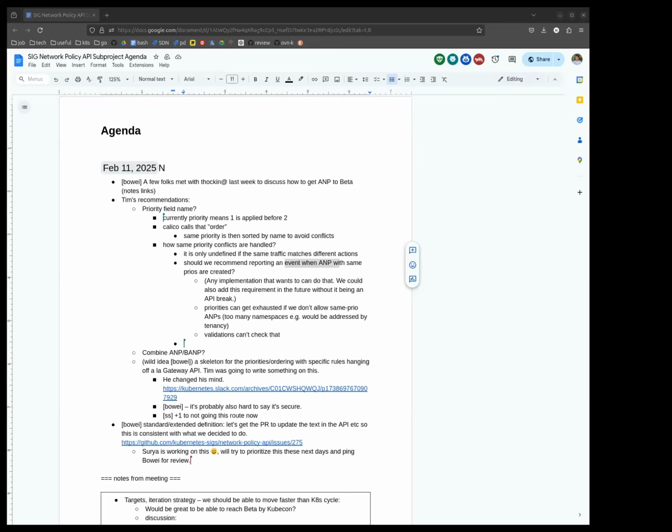I can link some prior art from Gateway API where Quadrant has gone very deep on merge strategies for policies that may overlap. Let me dig that up. Drop in notes. I'm not saying we should inherit all of those things, but it feels like, from a user perspective, they might get very confused. Yeah. I don't think we need to go down the whole rabbit hole of defining all of those things, but it would be helpful to have consistent decisions.